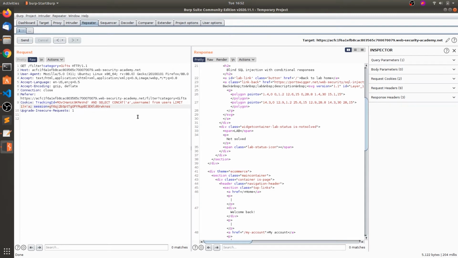So this is one query, and we need to say substring of this one. We need to extract the starting letter. So now if there is a username column, we will get the A.